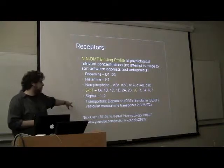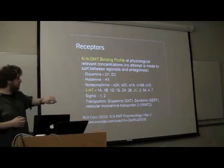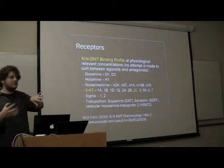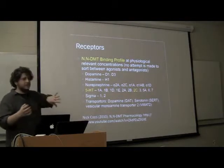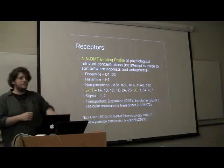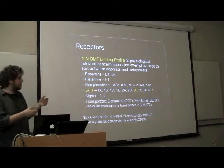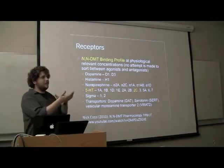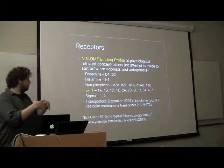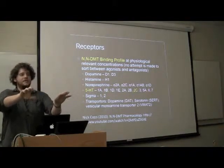And the transporters: dopamine transporters, the serotonin transporter, which is on the outside of the cell, I believe, and transports serotonin and probably DMT into the cell. And then the vesicular monoamine transporter 2 is what transports the serotonin and maybe the DMT. Nobody's done the test. Well, there's some, but I won't talk about it because it's all very unpublished right now. Into the vesicles, which will then be released into the synapse